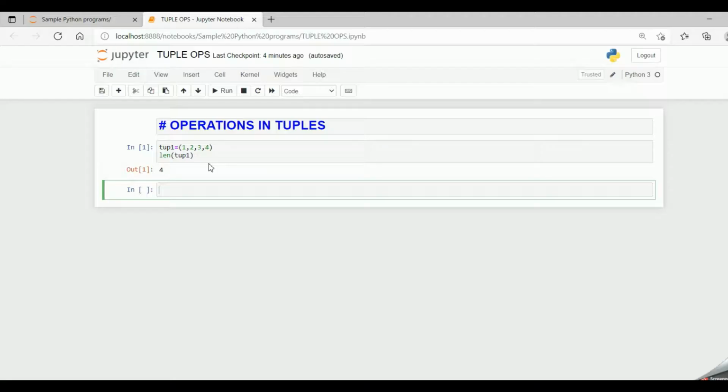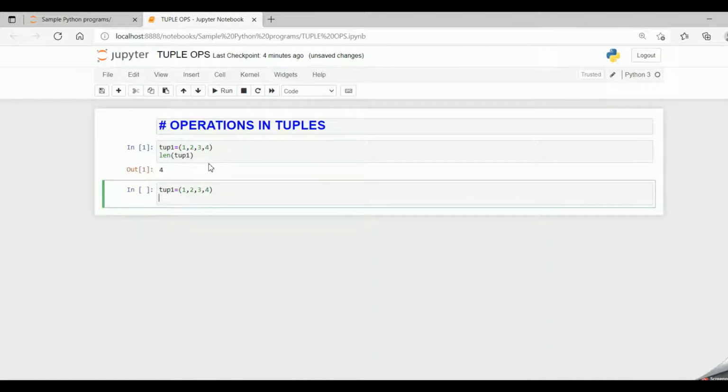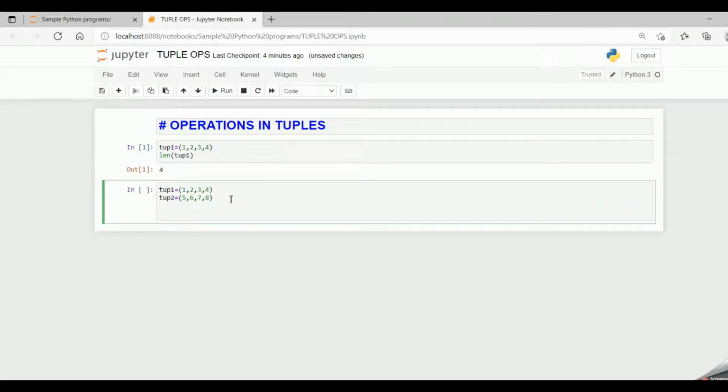So let's define two tuples. Tuple 1 equal to 1, 2, 3 and 4. And tuple 2 is equal to 5, 6, 7 and 8. And now the concatenation symbol is nothing but the plus symbol.